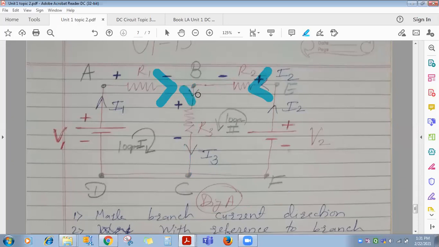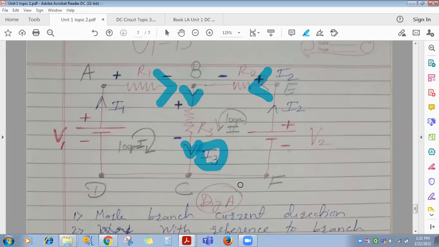From B to C, current will always flow in the downward direction. Here you can't say that you will show it upwards. For I2, you can show the current anti-clockwise or clockwise, it doesn't matter. But what about I3? Confirm, it will flow downward. Clear? Okay. Now suppose I don't represent I2 as anti-clockwise here, and instead represent it as clockwise. See, for this, I1 is clockwise and I2 is anti-clockwise. So what is the value of I3?